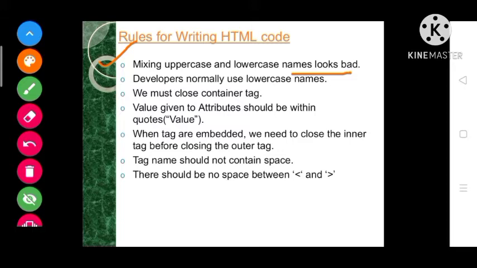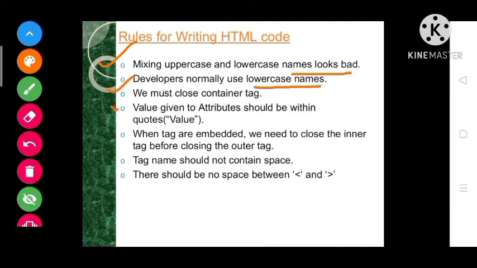One tag created in upper case and another in lower case is not good. Generally developers use only lowercase names for every tag.